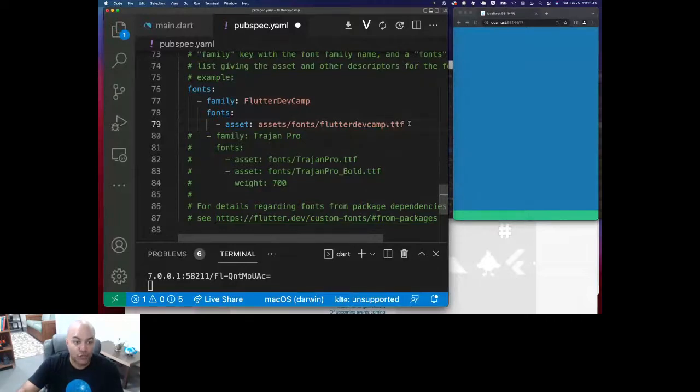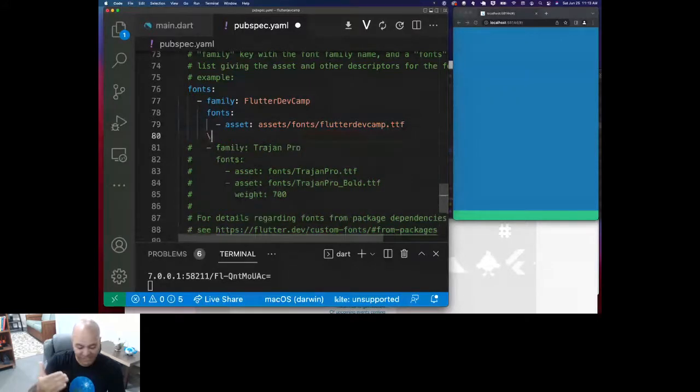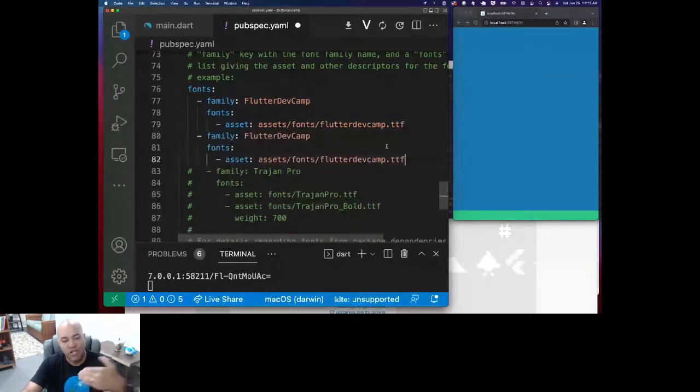Now I need another one for the Product Sans. So I need another section. You use the same approach, the same little block. You just copy paste it right underneath it. And I'm going to call it Product Sans regular. That is the name of the file right here. Look, it's the name of the font itself. So if I go, see, Product Sans regular, and then it has the TTF in it, right? So I have to go back and say Product Sans regular, and then the file is just called Product Sans